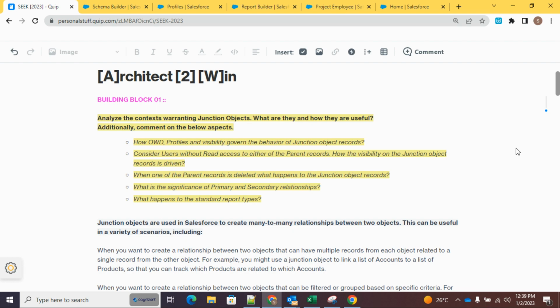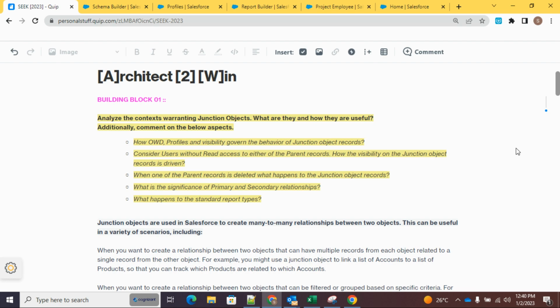And in order to effectively complete that, we need to have sound knowledge and a solid understanding of various critical key aspects of Salesforce, which would be presented to you in the form of building blocks. Okay, so this is the first building block, and this helps you to muse over the situations,